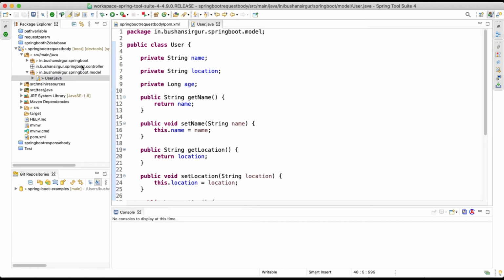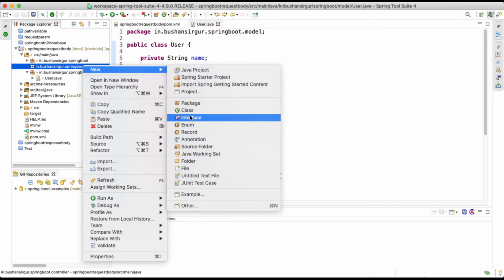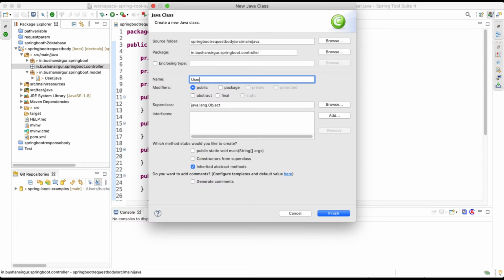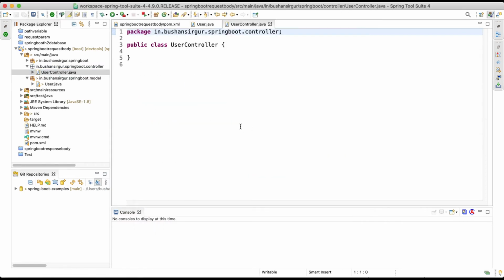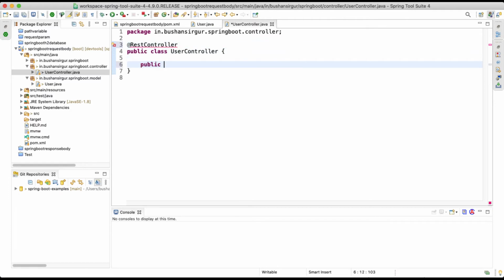Now inside the controller package, I'm going to create a new class. I'm going to annotate this class with @RestController, and inside this I'm going to create a new method, public String printUser. I'm going to annotate this with @PostMapping, and the URI template is /users.